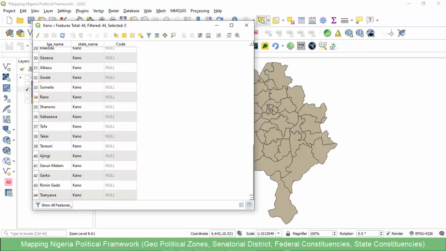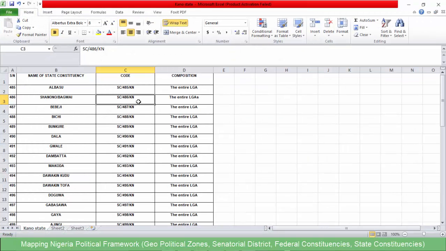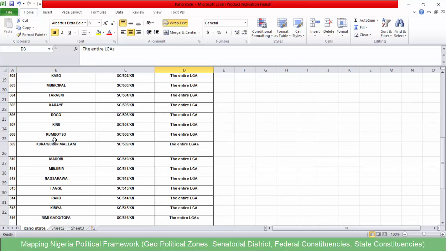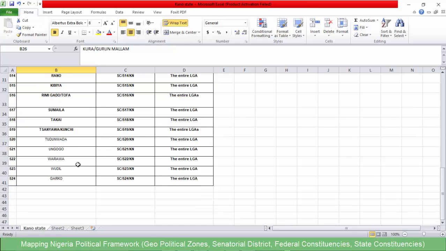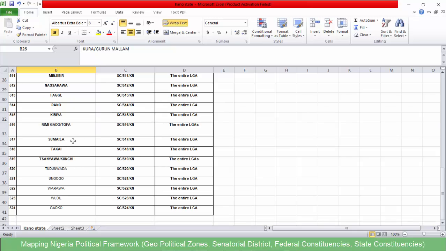So what we need here is, I think we can just work on the local governments that have more than one LGA as their state constituencies, and then merge them together. Then we can import the remaining ones. So let's start from the bottom up. So this very LGA is called